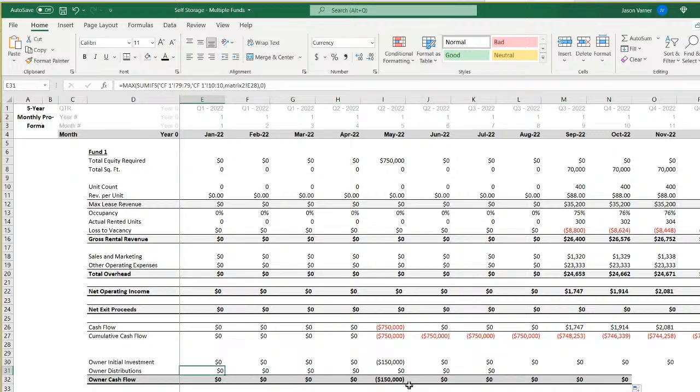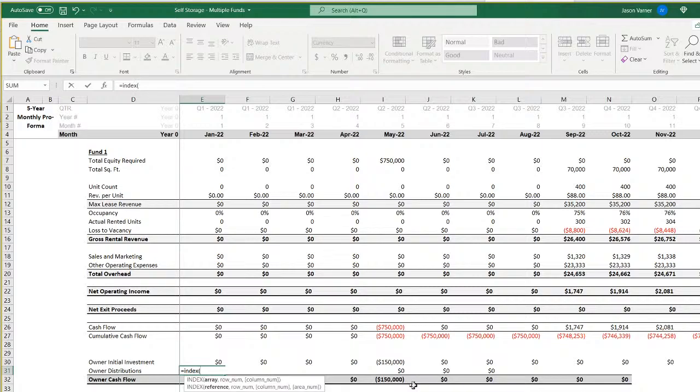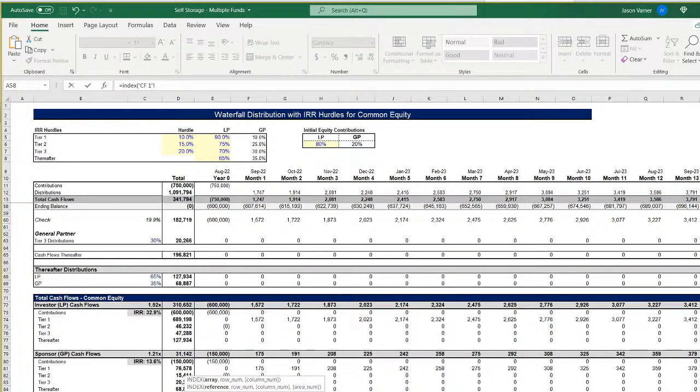Now, the question is, we need to pull, let's try, I think we might be able to use the index formula if, no, that won't work. We need to, this is month one. Maybe index this if match